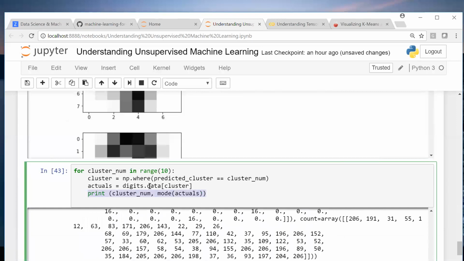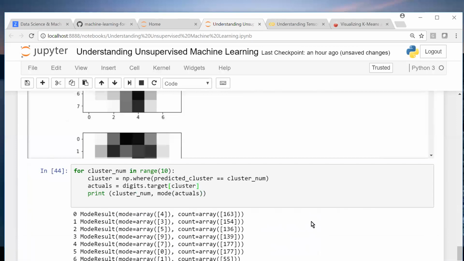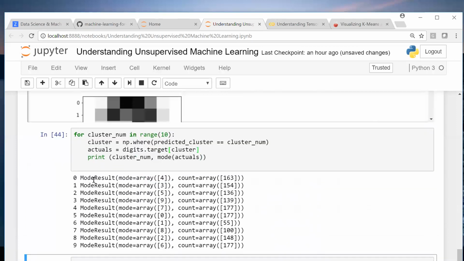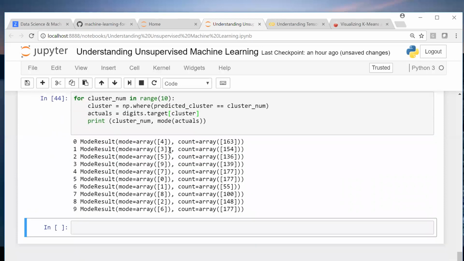It will be target. Yeah. So now you can see 0 is 4, 1 is 3, then 2 is 5. So you can see here the classification.